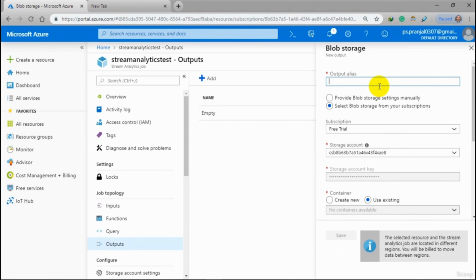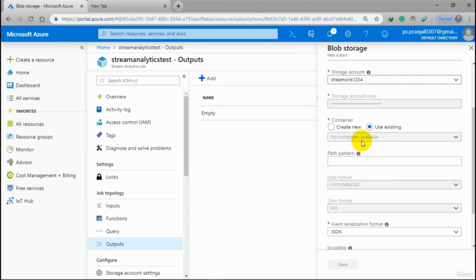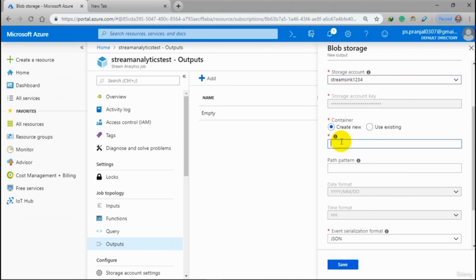So here we go. Under job topology section, you will get option output. Then click on add and then select blob storage. Now write the name for your output alias and select blob storage from your subscriptions, select the subscription free trial, select your storage account. If you want to create a new container, you can create from here. Write container 123